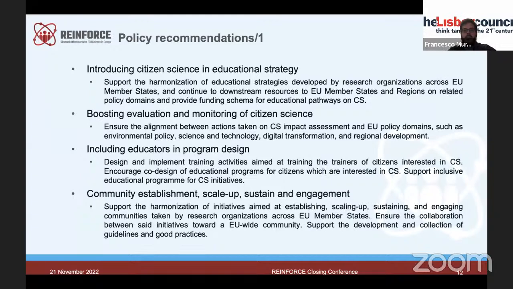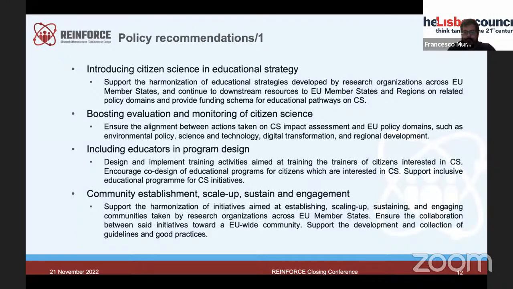So, for instance, introducing citizen science in educational strategy. So this entails trying to introduce citizen science into schools and into universities, where science is taught. Boosting, of course, evaluation and monitoring of citizen science.